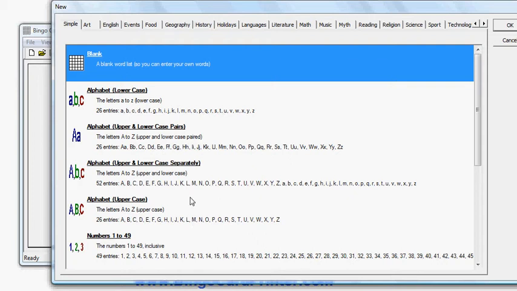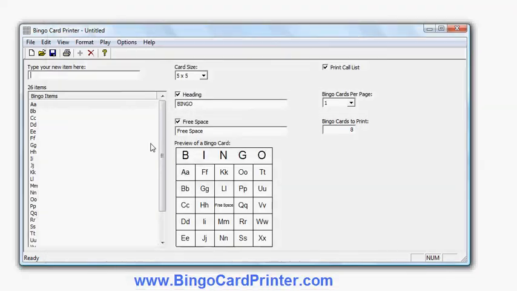So I simply choose the one I want. Let's, for example, choose this one here. I click it or double click it, and I've created my bingo card. The sample bingo card here shows the items in the order that they are in this window, in this case alphabetical order. But the real bingo cards will contain the items in a randomized order,